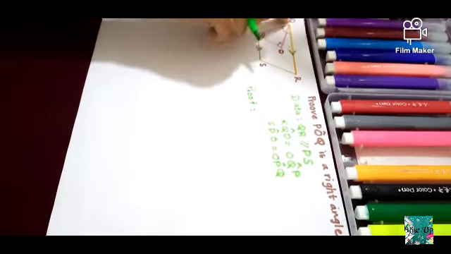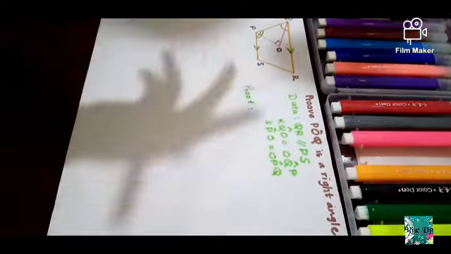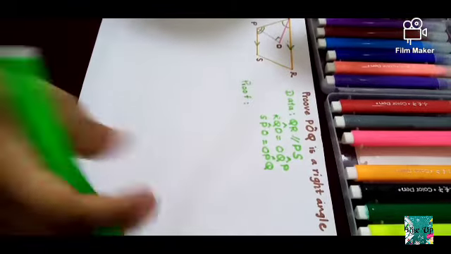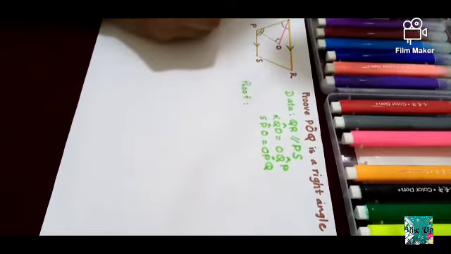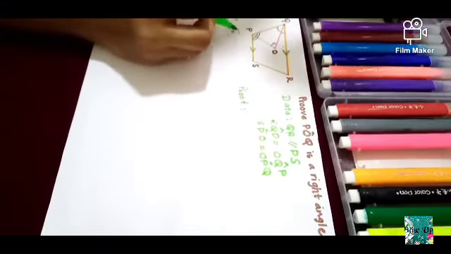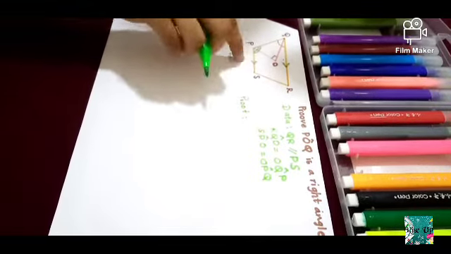What is the proof? Parallel lines. So what is the type of angle here? You might have learned in grade 8 three types of angles: allied angles, corresponding angles, and alternate angles. Even in my previous videos I have taught you all about that. This is called an alternate angle, this is a corresponding angle, and this is an allied angle. So here it's an allied angle.